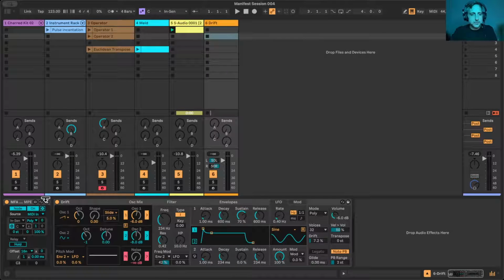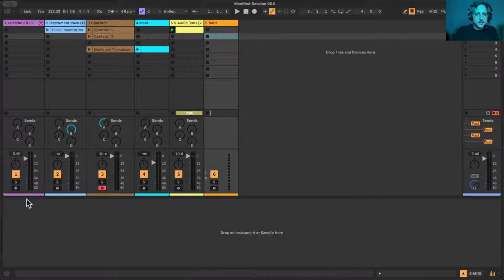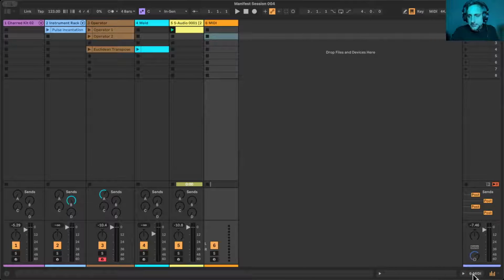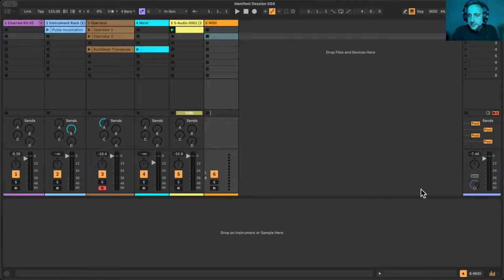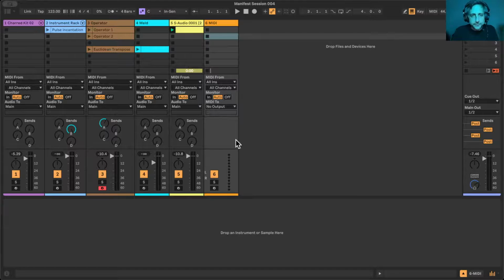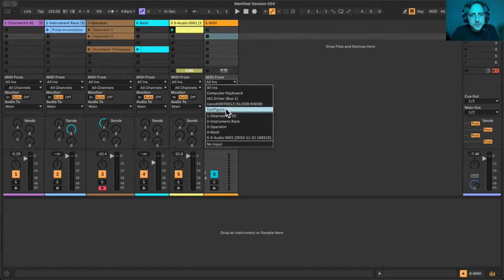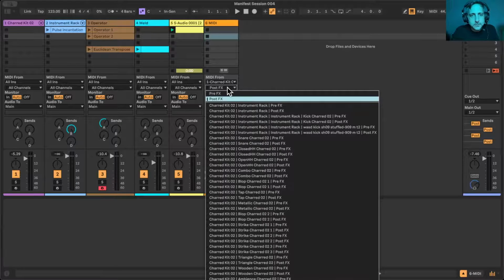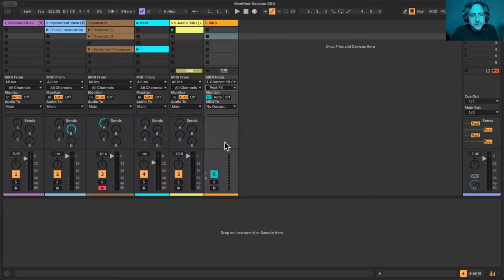Cool. So yeah, I should reset my default MIDI track without those 2 devices on there, because I find more often than not I end up just removing them anyway, but I thought it would save me time at one point. Okay, in from Chard Kit to Post Effects, and